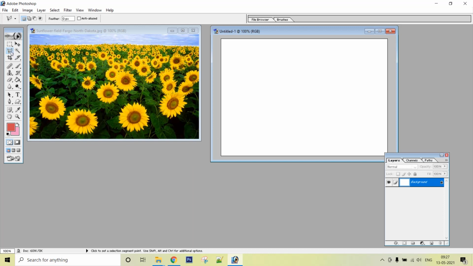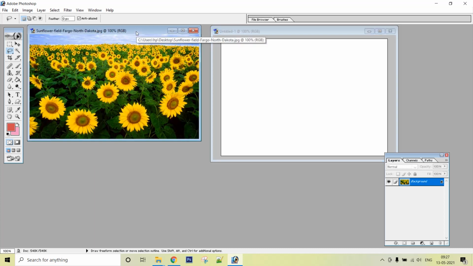First I will use the lasso tool, the first one, to do the selection in this image. Here again you can do the selection in the same way that you can do a normal selection. You can add to a selection, subtract from a selection, or intersect two or more selections.